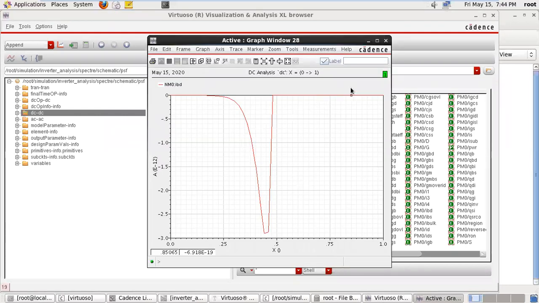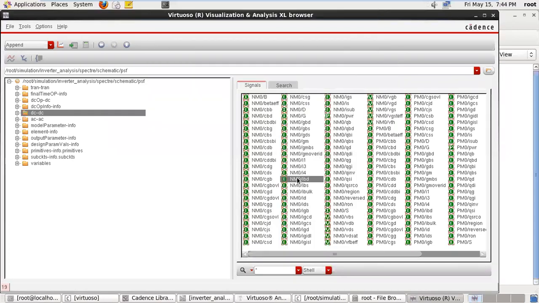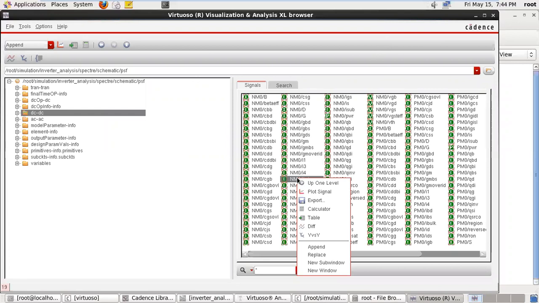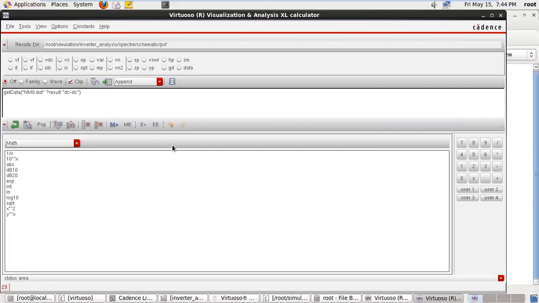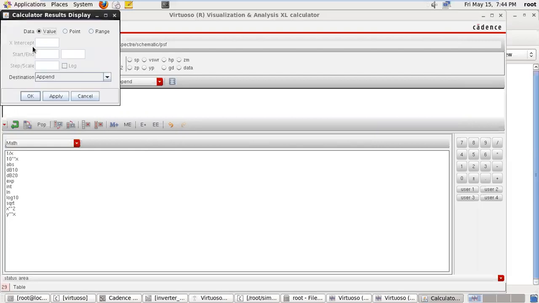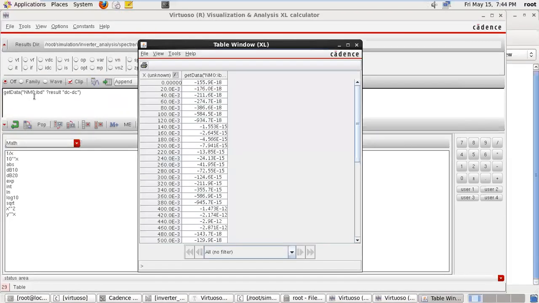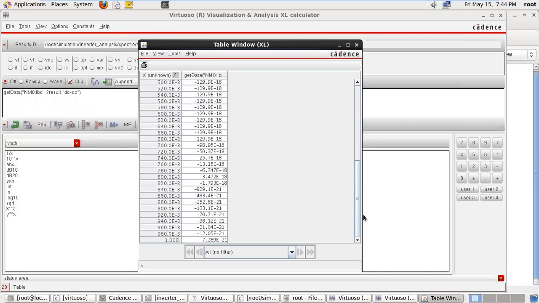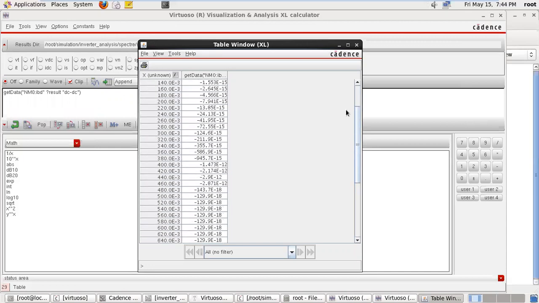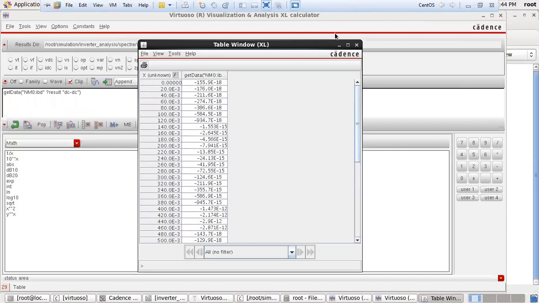Okay, suppose we want to see the data of how this plot is coming. So the data can be seen. Just right click, calculator. Here, tools and table. Through the tools and table you will get the data. The X-axis we have taken as the voltage 0 to 1 volt, and this is representing the variable value.